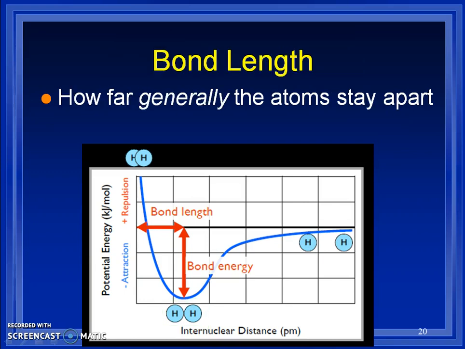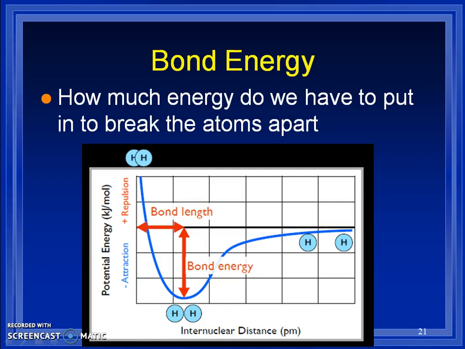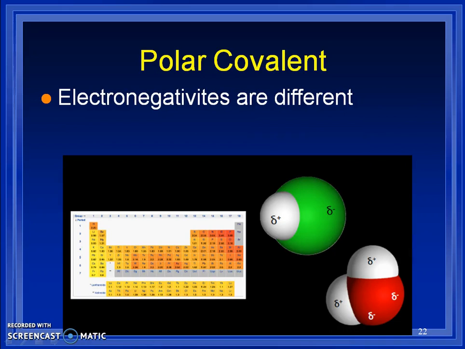So what is the bond length? It's how far generally the atoms stay apart. Remember, these atoms are always moving, so again it is just going to be an average or a general amount. And again, the bond energy is how much energy we need to put into those bonds in order to break them apart. So a polar covalent would be, again, those electronegativities are different, or the pull is different,